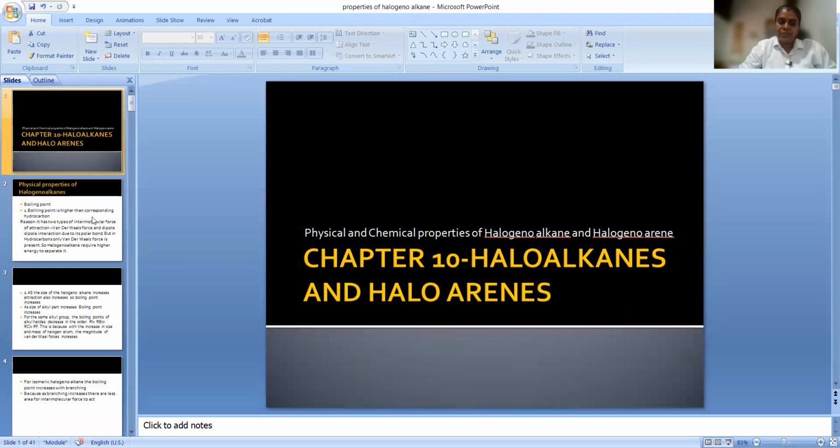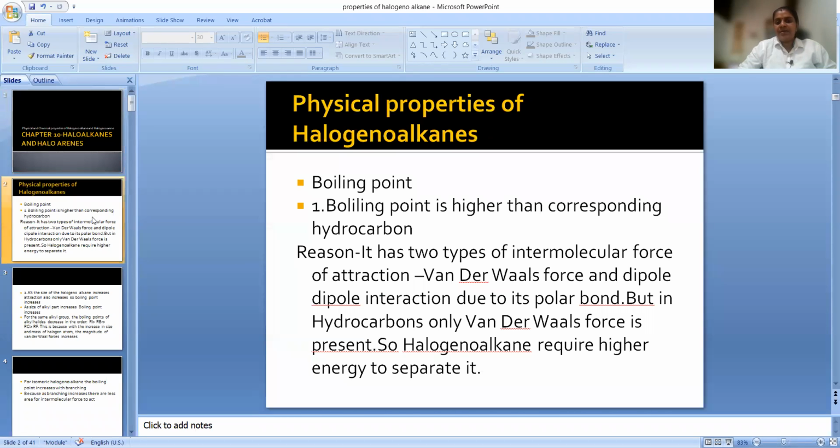Today we are going to discuss the chemical and physical properties of halogenoalkanes. So first let us see the physical properties of halogenoalkanes and haloarenes. Let us first discuss the boiling point. If you compare the corresponding halogenoalkane and hydrocarbon, the boiling point of halogenoalkane will be higher than